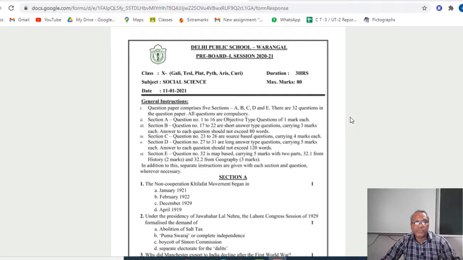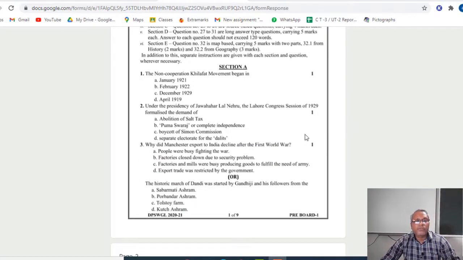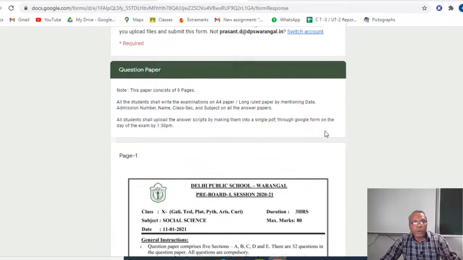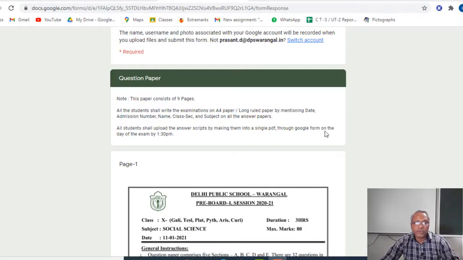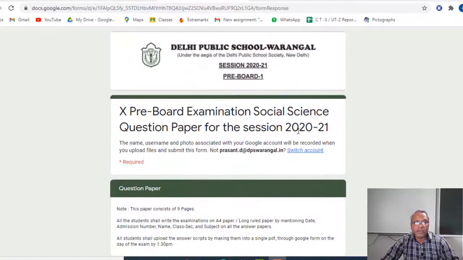Each student has been given an email ID from the school. They can open the question paper or the link if they are logged into that particular email ID given by the school.